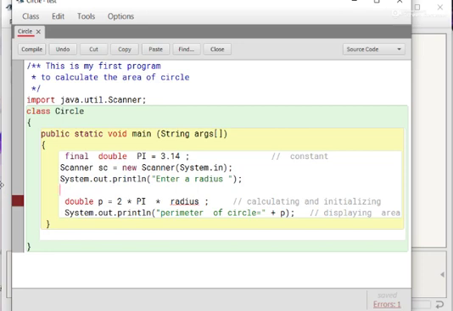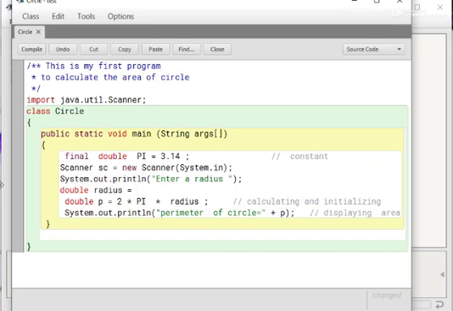After giving this message, receive the value of radius in float or double in any way. Suppose you want to take the value in double, then you write double radius equals. Now receive the value from the user.